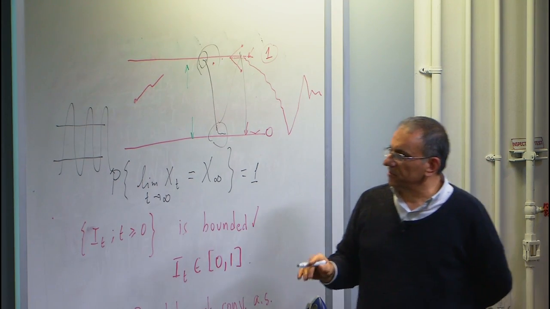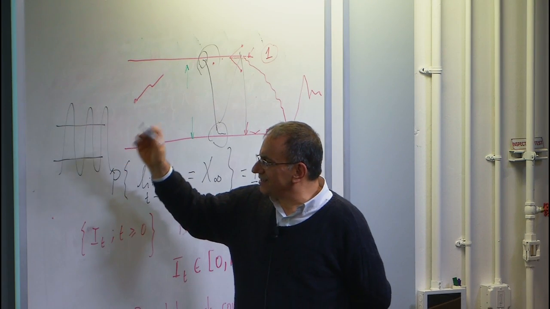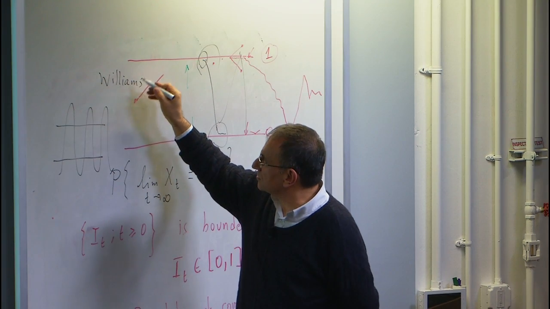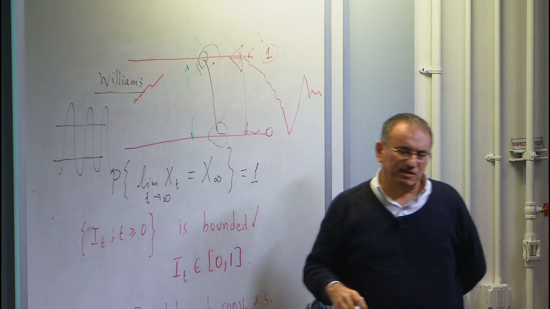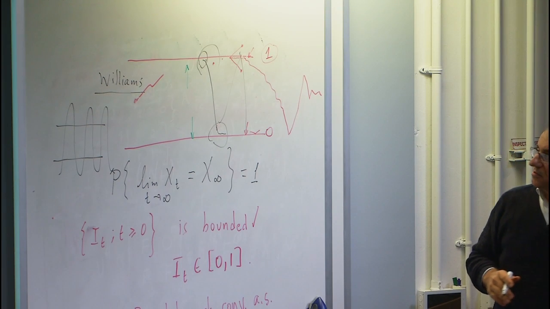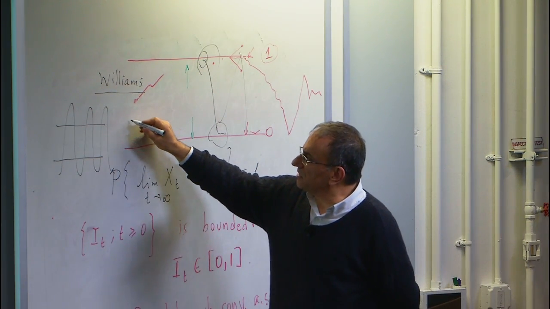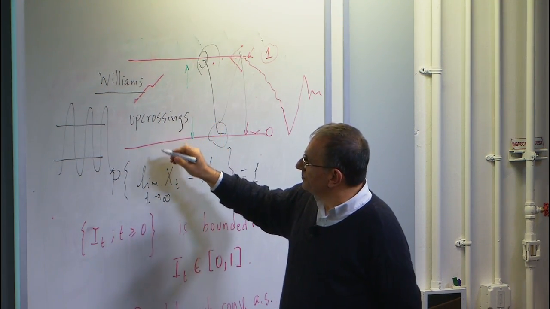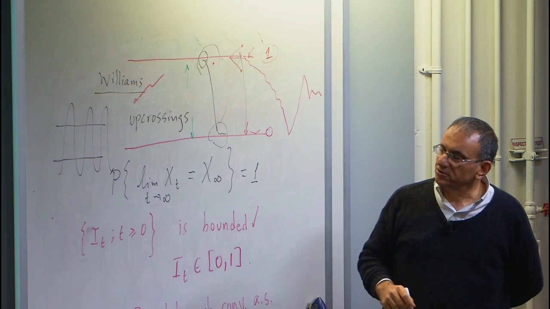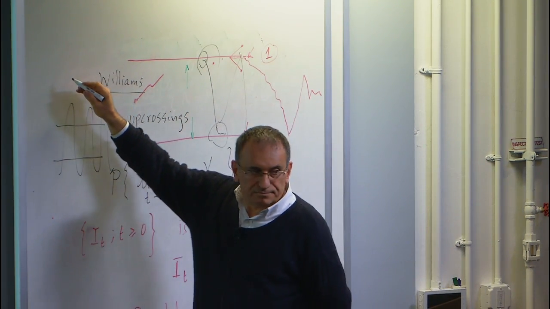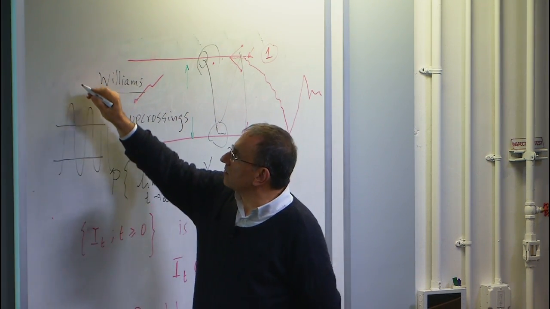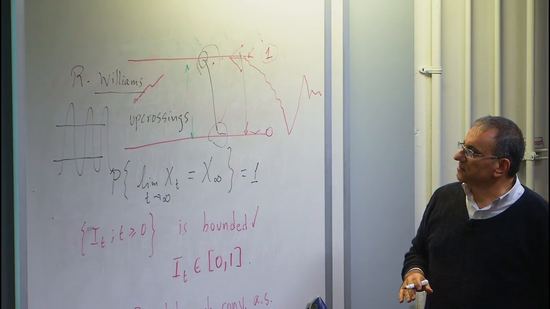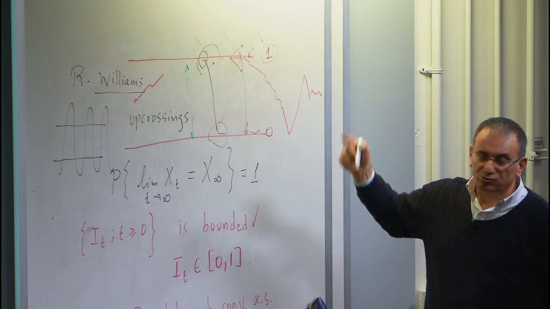If you look at any book on martingales, my recommendation is this one, Williams. He explains it. The first theorem he proves is Doob's upcrossings inequality. This is R. Williams. It's Ruth, this woman, actually. Really? Okay, I'm sorry. So this upcrossings inequality tells you that you cannot do these oscillations.